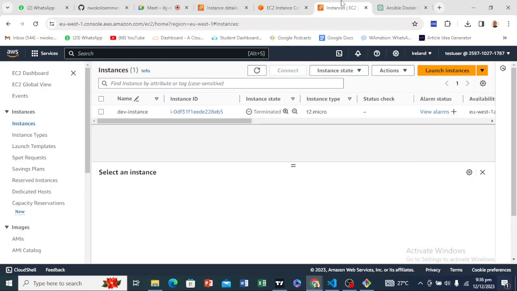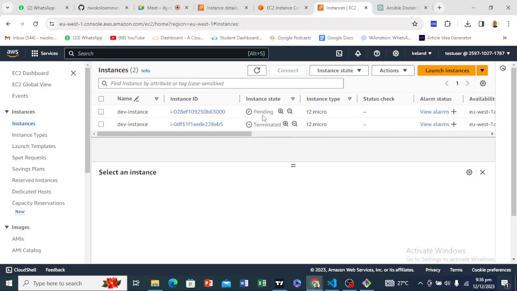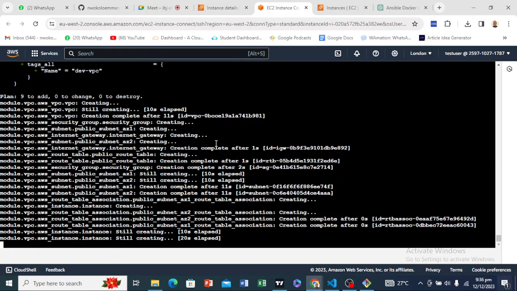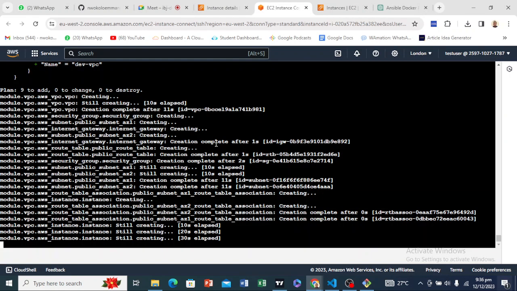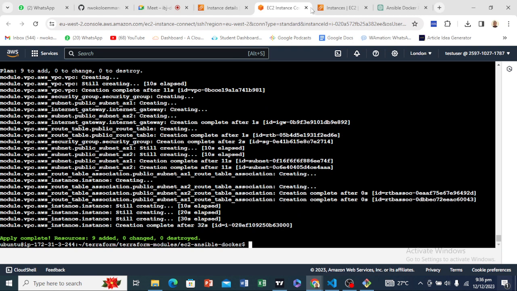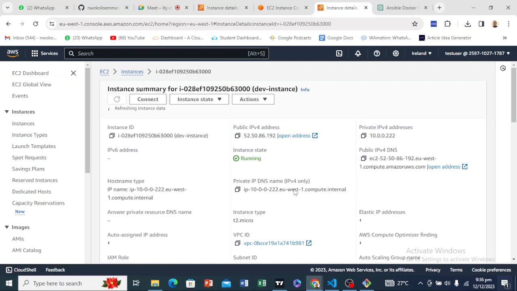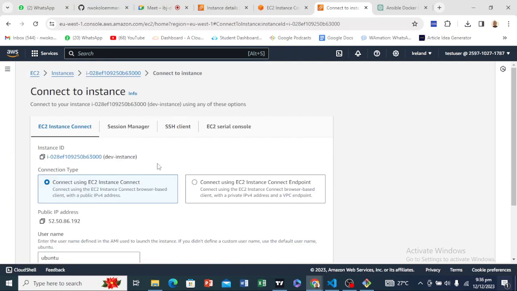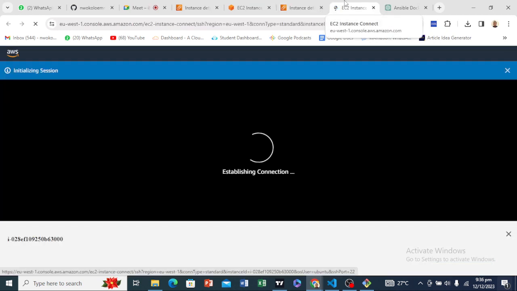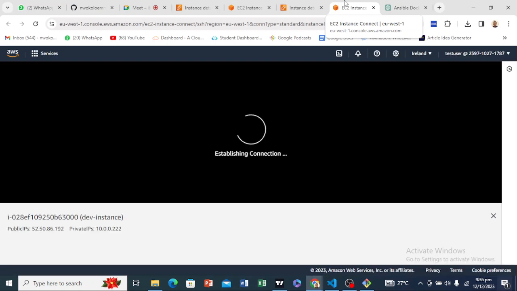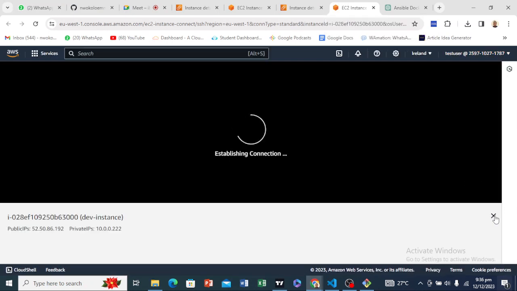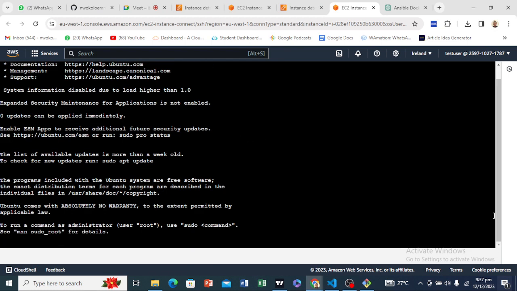It, the instance is already created, so we can see it here pending. Okay, so it has been created. Let's now see if it works. So we can connect to it and connect. Okay, so now that we have connected,